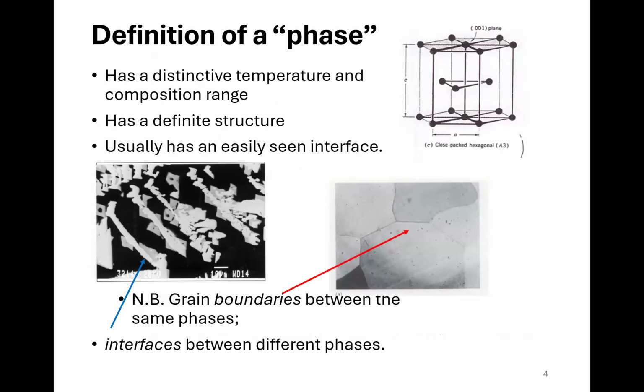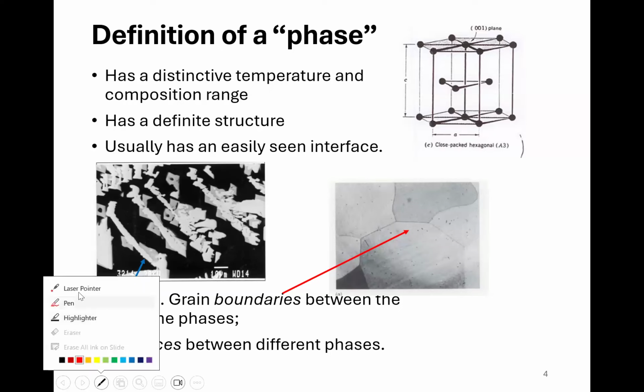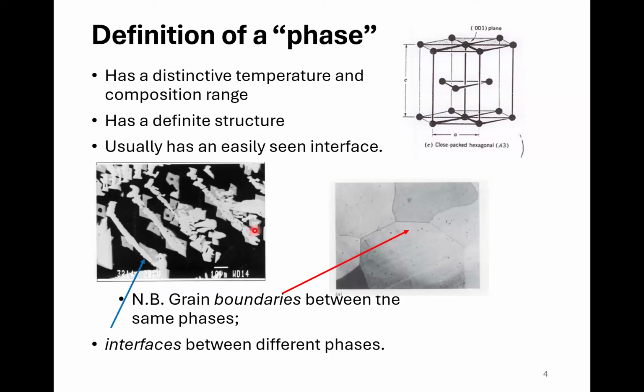So first of all, what is a phase? It's got a distinctive temperature range and composition range, and it's also got a distinctive structure. I've shown close-packed hexagonal, otherwise known as hexagonal close-packed. And when you look at the microstructures, you will see nice